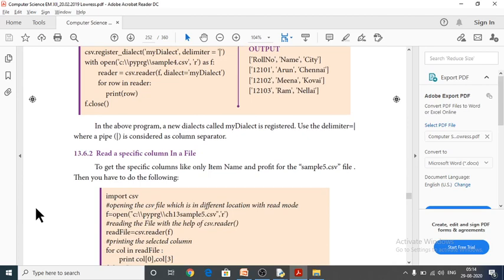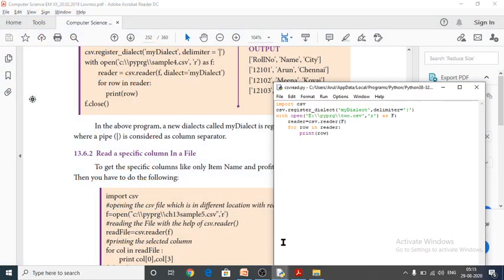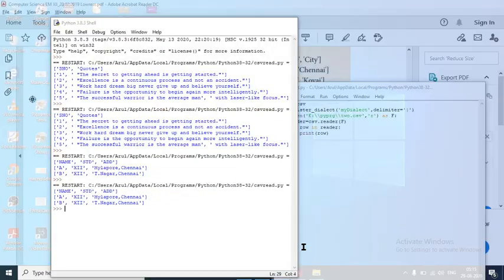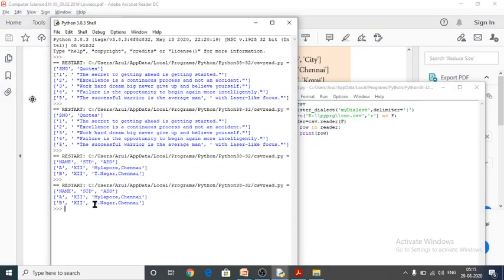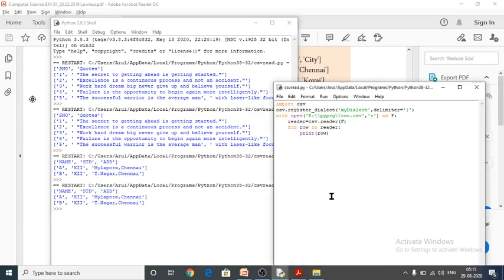So next one we are going to read a specific column from a file. So see here, I would like to read a specific column from this file. So two files are there, and I would like to read a specific column from 3.csv file here.